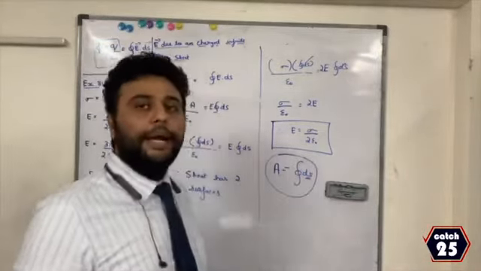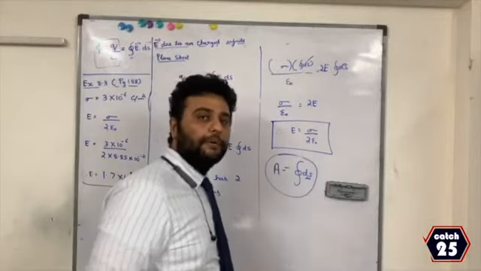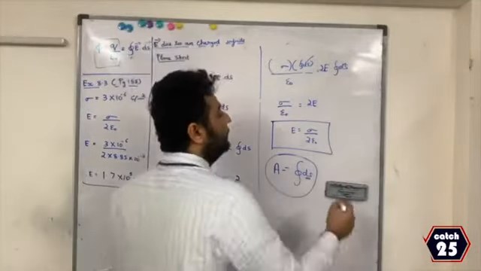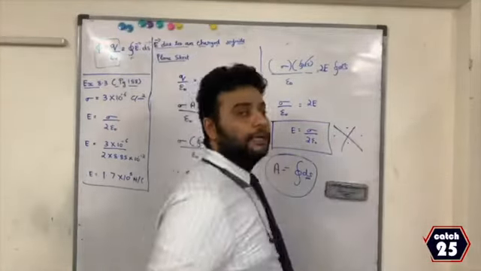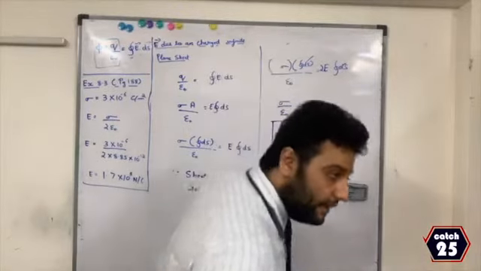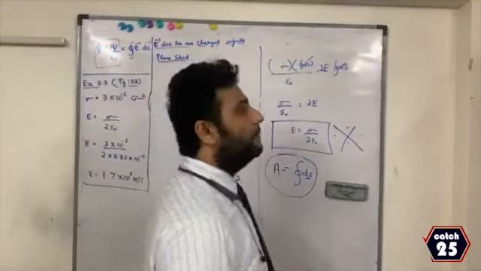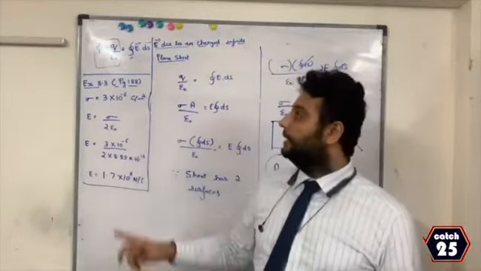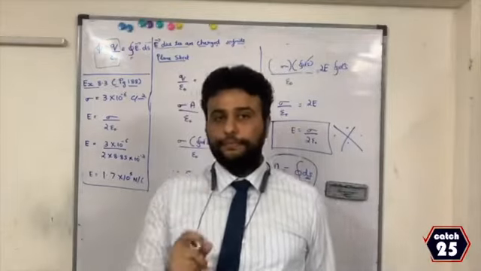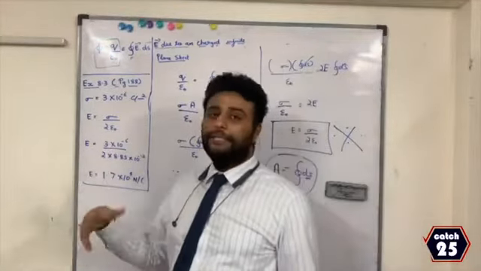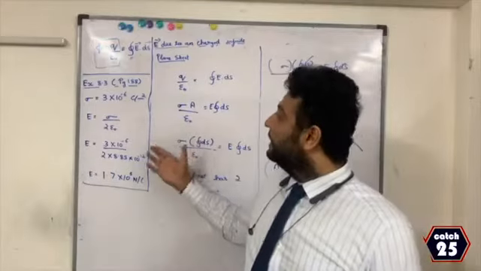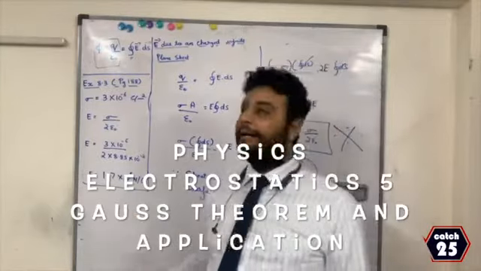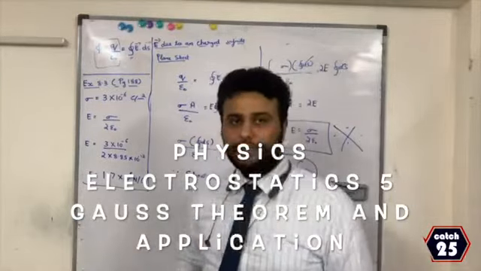Area is nothing but integration of all the small area. A is equal to integration ds, that is integration of all small area is complete area. Therefore this is the formula for a plane sheet. With that, if you look at example 8.3 page 188 in your textbook, let us start. They have given charge per unit area, that is, you know, it is sigma. They have given sigma. I have to find electric field because the word sheet is given. It's a very easy question.